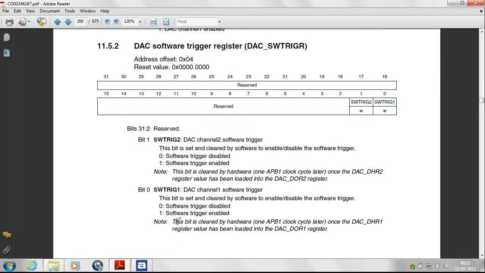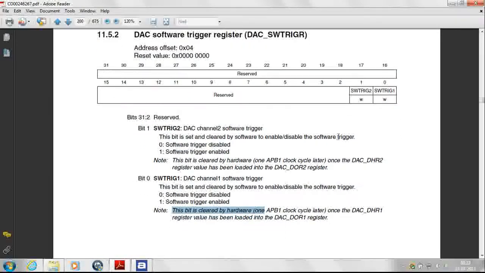The note reads, this bit is cleared by hardware 1 clock cycle of APB1 later, once the DAC's data holding register value has been loaded into the data output register. Point to notice, this bit will not be made 0 after the end of conversion. So you have to make sure that the settling time for this device has been met, which will be available in the data sheets, and only then can you give another software trigger or any kind of trigger for that matter.